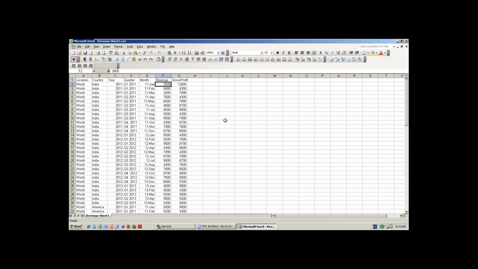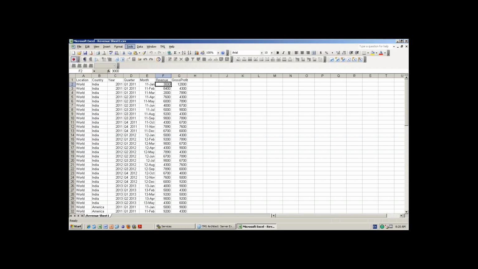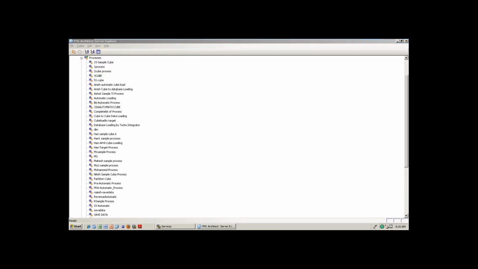Exactly. So now you are not creating manually, right? I am not going and pasting this India and Australia, all those things. By using the CSV file, it has to build a cube automatically. For that, you need a turbo integrator process. This is very important from now onwards, each and every option, because you will do it in real time. If you know the turbo integrator process, most of the things are done. Okay, now go ahead and let me create. You just close this revenue sheet one, because before you create, you should stop that one, otherwise it will show as a locked version.